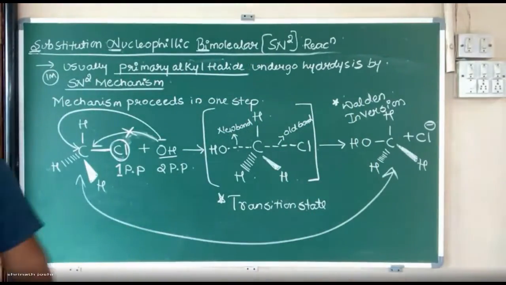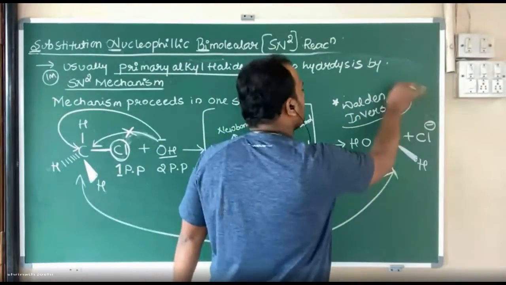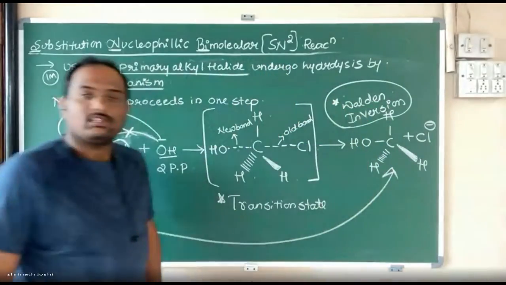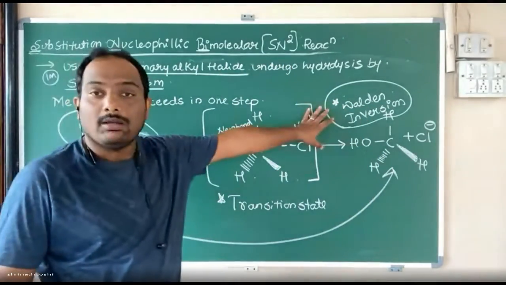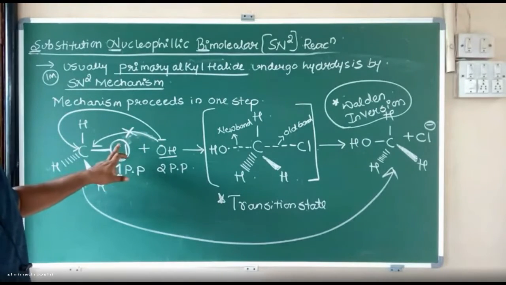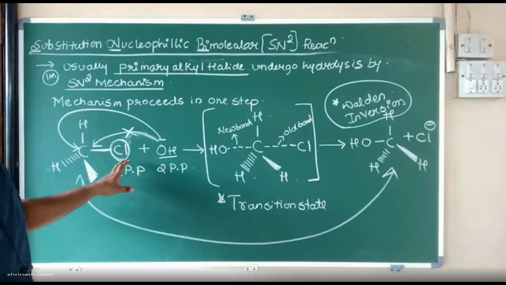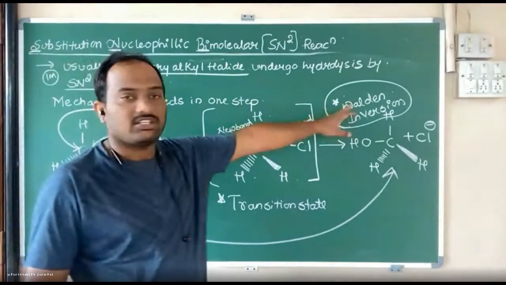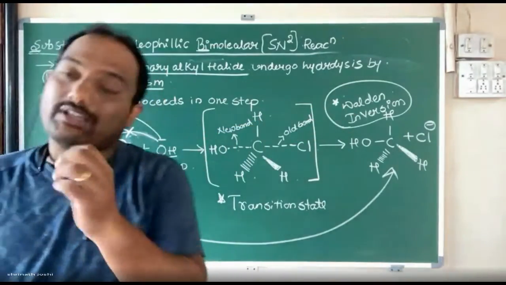Can I call students? That inverted product will never happen in case of SN1. This will happen only in case of SN2, because already in SN1 the Br minus will be eliminated earlier, but in SN2 the Cl atom will be retained. That's why there is a Walden inversion in the product. So this is all about the explanation.